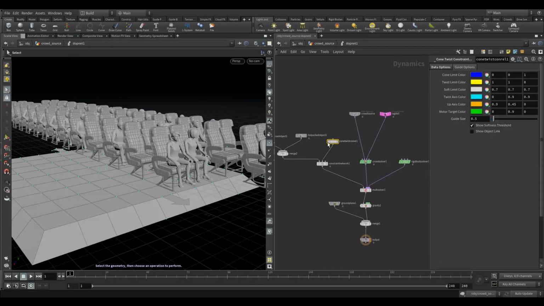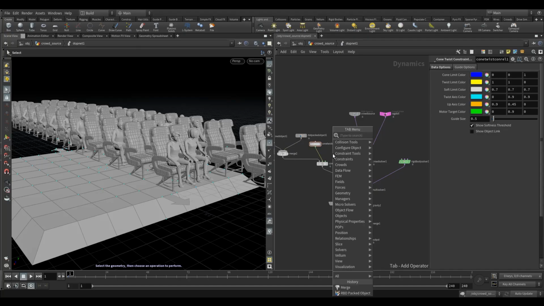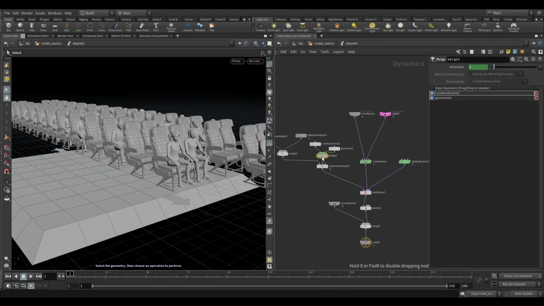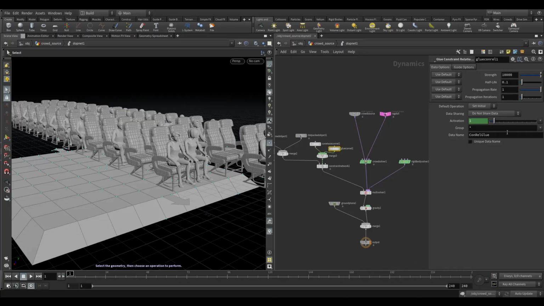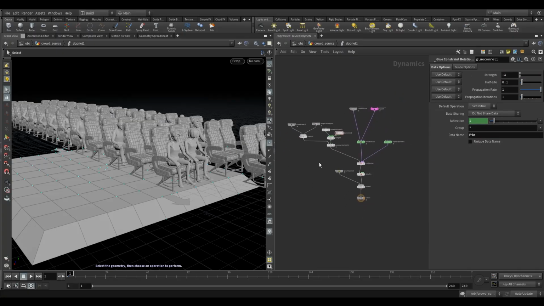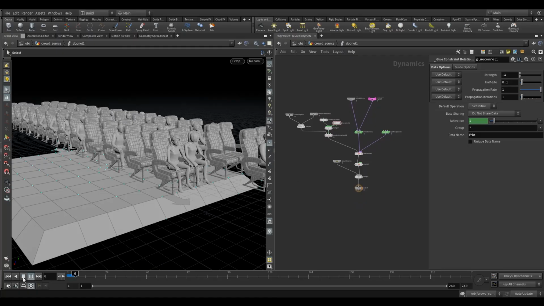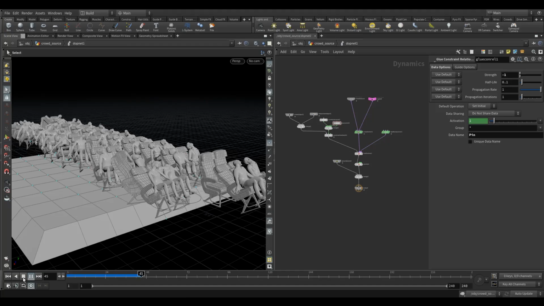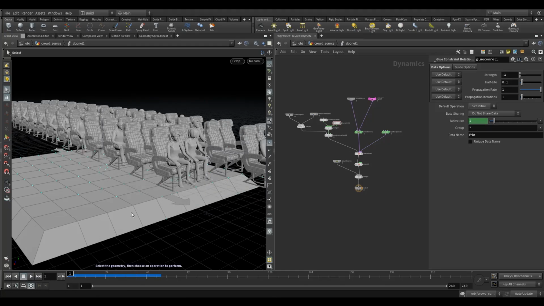At the moment we've just got this one, so we need to generate another one. We can just use a glue constraint, and what's important is that we call this pin down here. It's just whatever we called it earlier. I'm going to set the strength to -1, that way they'll never break, and I think that should be it. Let's see if that works. Great, so they're all constrained to the chairs now,